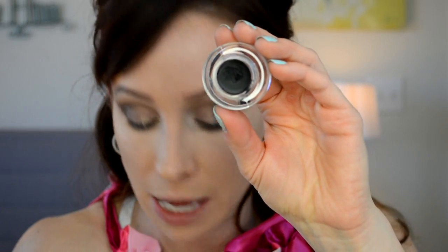I have opened up a new gel eyeliner. This is by Mika Beauty. I believe this came in a BoxyCharm ages ago. I just finally got my Inglot one. I just was tired of fighting with it. I love the Inglot one, but it dries out so quickly, and I bought the Duraline to put into it, and I had been doing that for a while, and I'm just over the high maintenance part of it, so